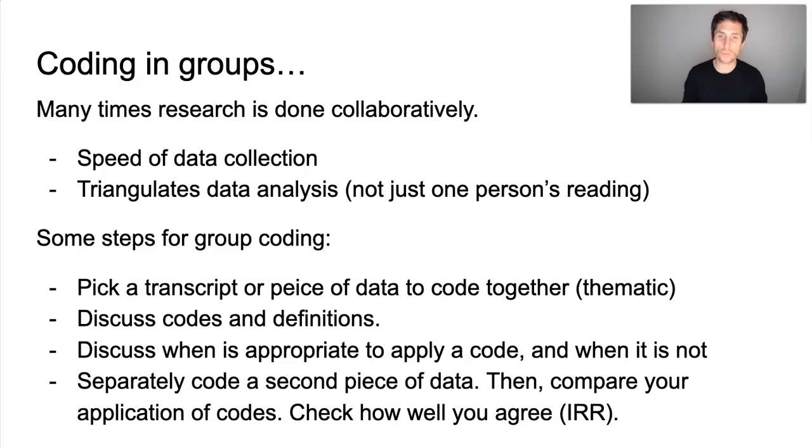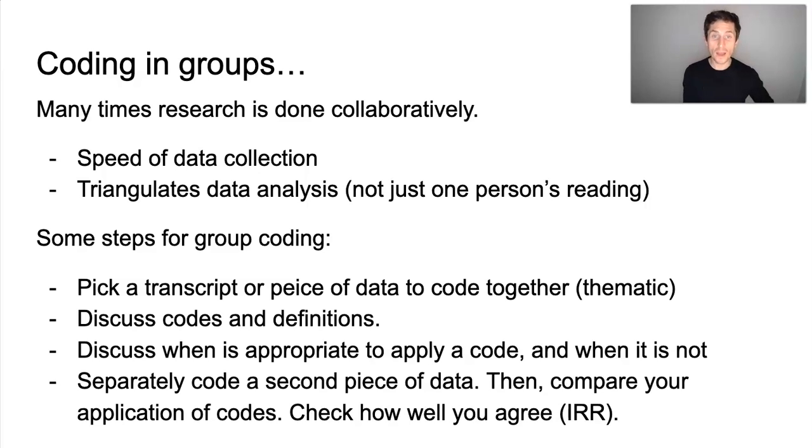So we all sit down, we all read one line by line, and we say which code we think maybe should appear. We say maybe what we think a code should be defined as. We come up with maybe alternative definitions. And when we're done, then we're going to take a second transcript, we're going to code it or do the same process, coming up with definitions, coming up with, say, new, maybe alternative explanations and new codes. We're going to do that separately with our second transcript, and then we're going to all come back together and